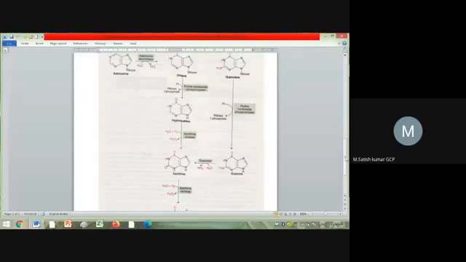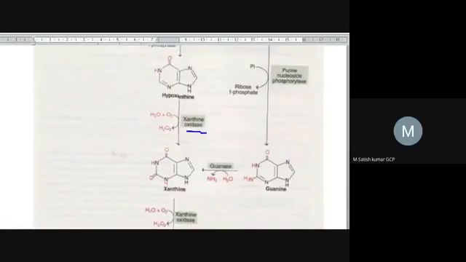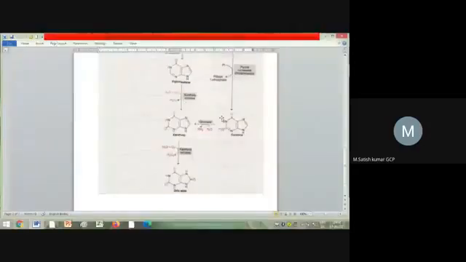But we need to form uric acid, which consists of 3 ketone functional groups. Here we have only 1 ketone functional group. That's why in the next 2 steps, by the oxidation of these molecules, a keto functional group will be attached. In the next step, xanthine oxidase is the enzyme. By this enzyme, oxidation will occur here. At this position, the keto functional group will be produced. In the final step, at this position a keto functional group is attached, and finally we are forming uric acid.